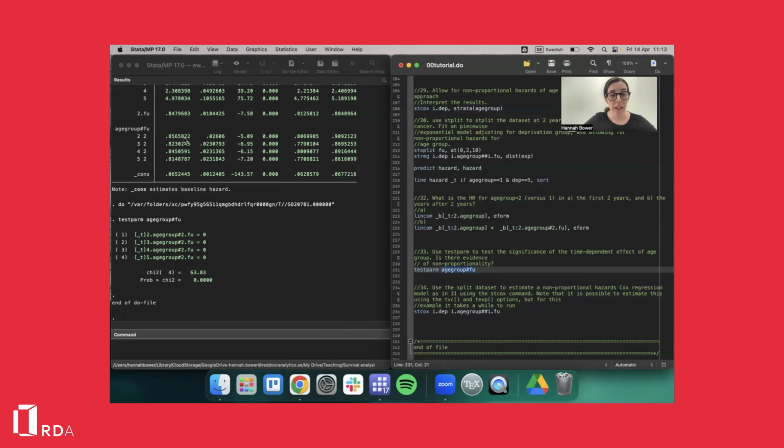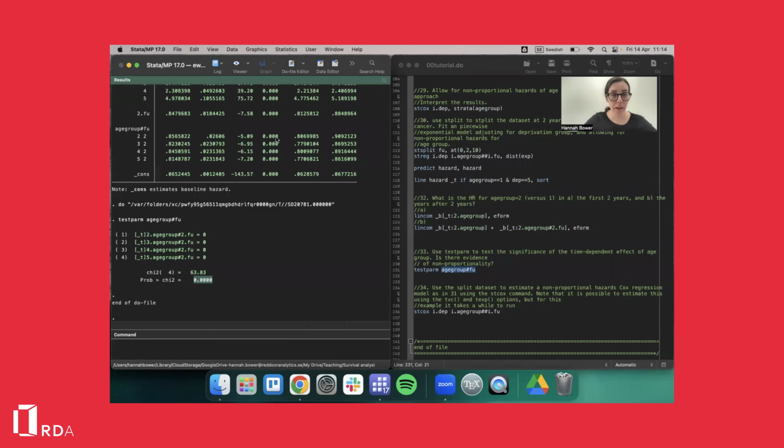So if we see that they are significantly different from 0, then that would indicate that we need them in the model, meaning that we need to include the interaction, i.e. proportional hazards isn't a reasonable assumption. We want to allow these hazard ratios to change across the time scale. If we see that these are not significantly different from 0, then basically we can set all of the covariate coefficient values to be equal to 0, meaning that we don't need them in the model, and that we can allow for proportional hazards. But here we see that the p-value for this test is really significant,